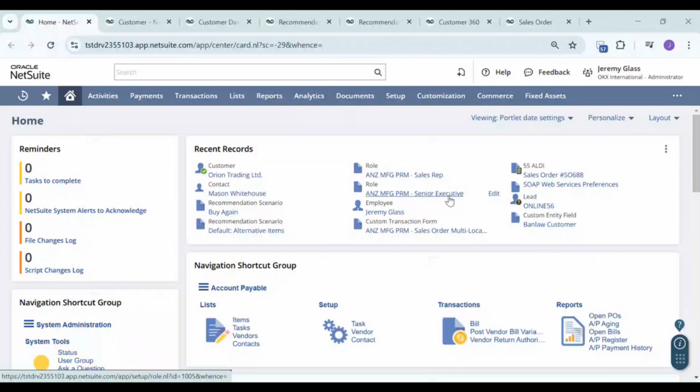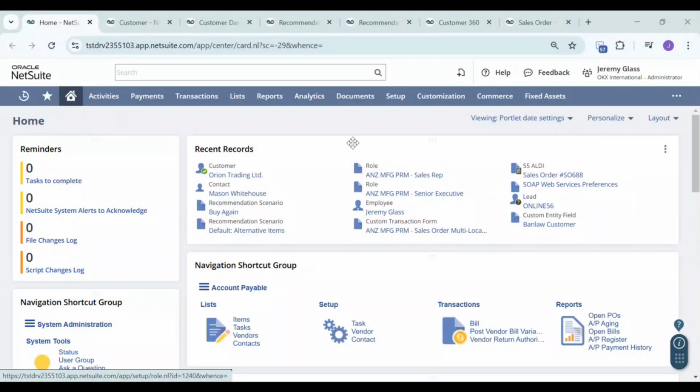Hello everyone, I'm from OneCloud X conducting this demo to showcase how NetSuite's Customer 360 dashboard with AI-powered recommendations provides a holistic view of customer interactions to enable businesses to optimize their sales, enhance their customer service, and drive data-driven decisions. We will walk through the setup process, the customer dashboard, some AI-powered insight, and practical use cases for sales and service items.